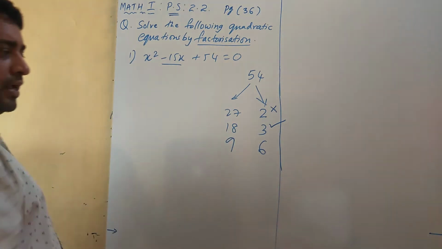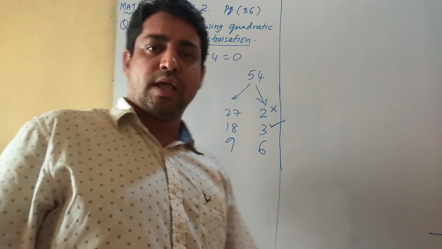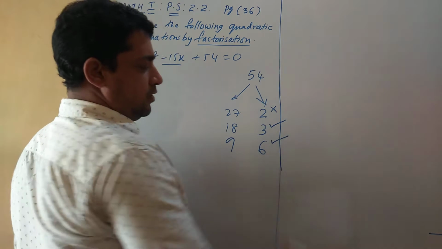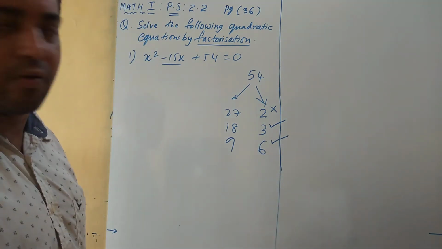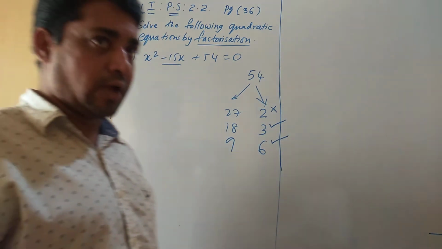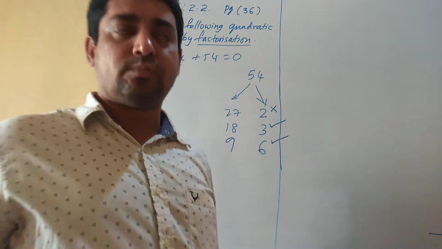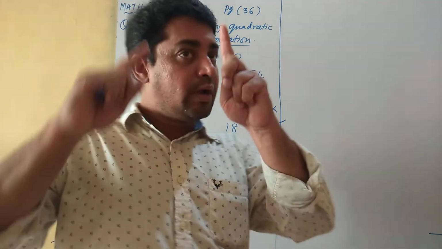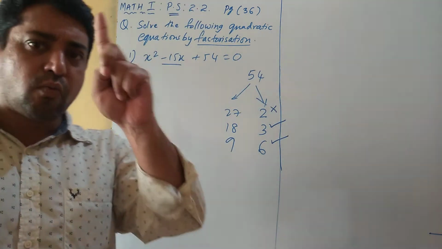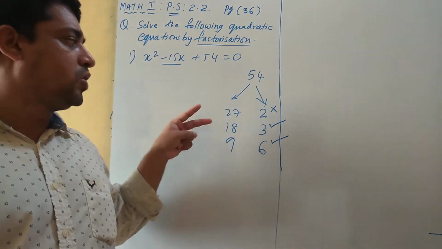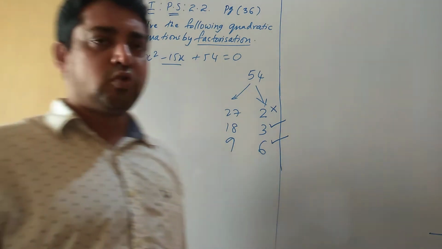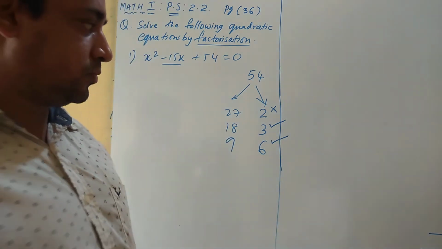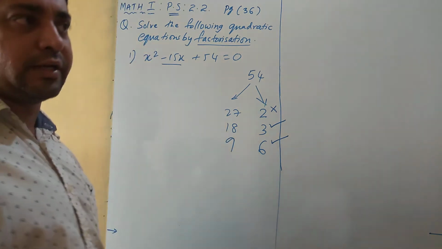Okay. Let's check the next one. 9 six times is 54. 9 plus 6 is again 15. So here I have a problem now. This happens in some of the sums given. You get multiple pairs, 2 pairs. I told you will be getting only one correct pair. But here we have got 2 pairs. That means out of these 2 pairs, you will have to select the correct one. One of these is not correct actually.